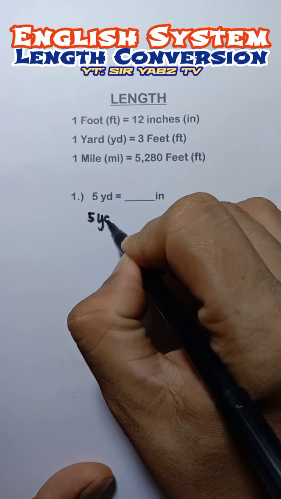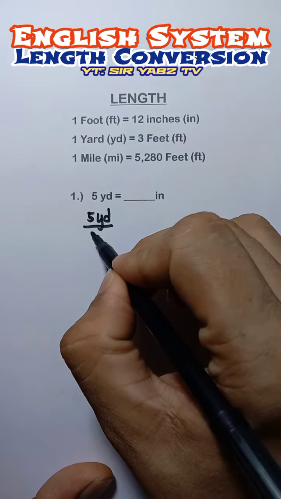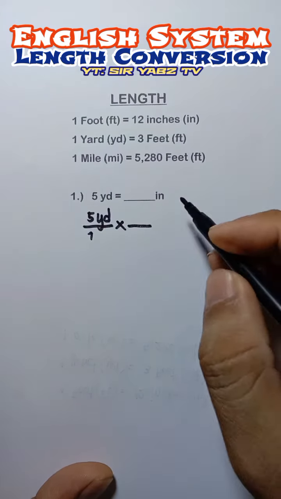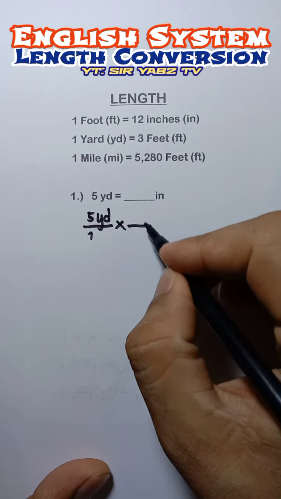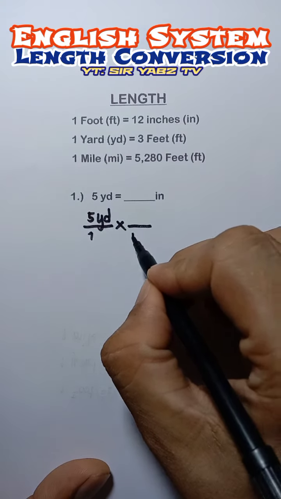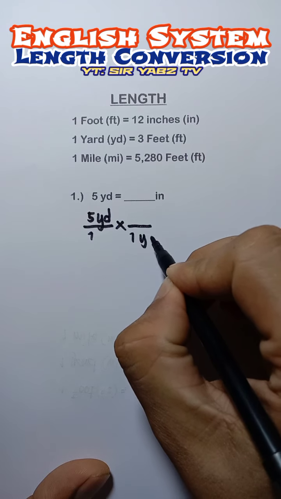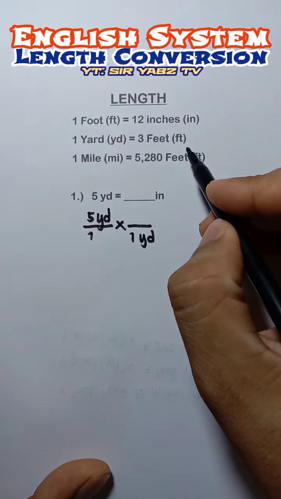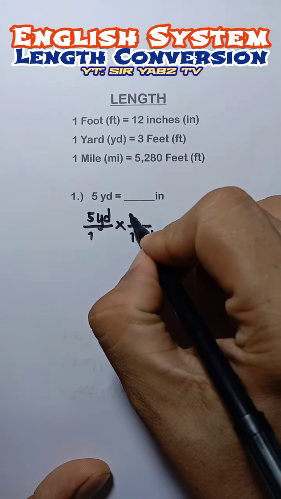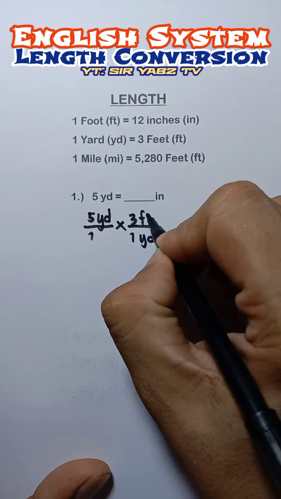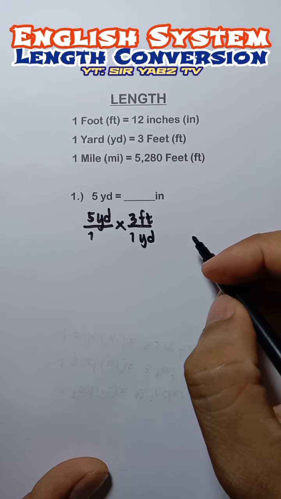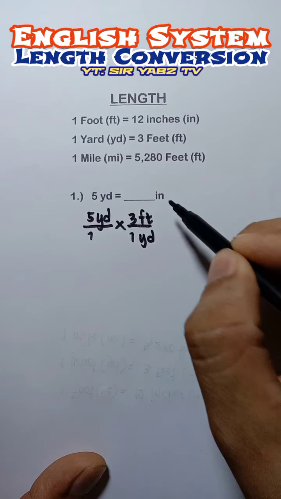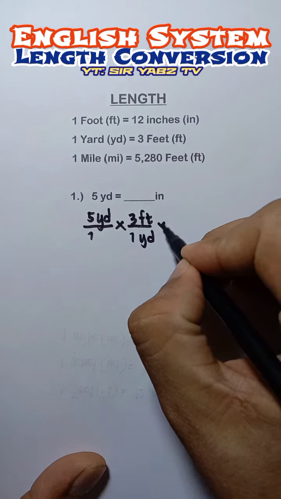So just copy the problem or the given, 5 yards over 1, times. So use the equivalence. So the denominator will be 1 yard. Numerator, 1 yard is equivalent to 3 feet. Take note, we are converting yards to inches, so we need one more factor. So another equivalent. Okay. So we have times